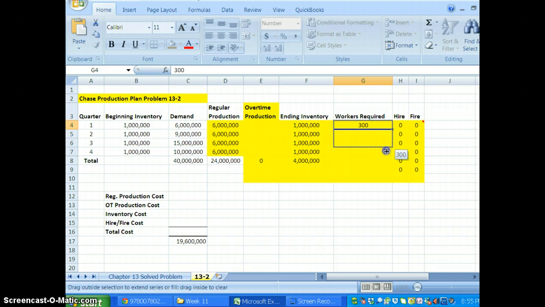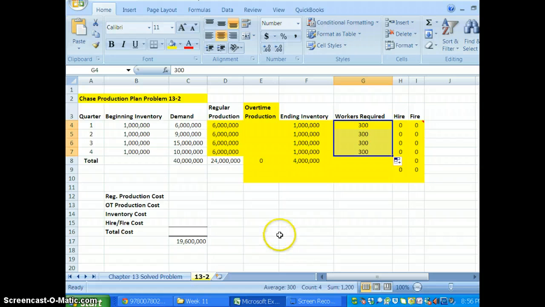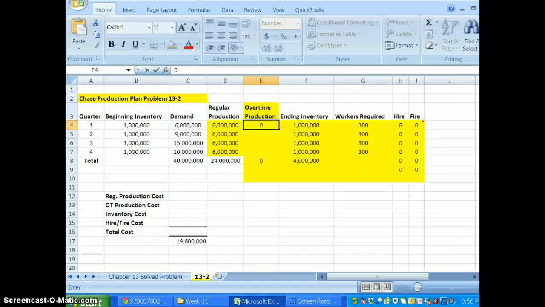Now this company has chosen to meet the demand by using overtime, so any demand that they cannot meet with regular production, they're going to use overtime to meet that difference. So for quarter 1, the demand is 6 million pairs, their production is 6 million, so they don't need any overtime for quarter 1. Quarter 2, demand is 9 million, regular production is 6 million, so